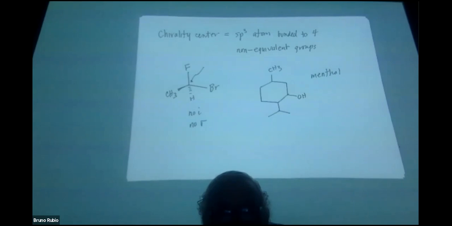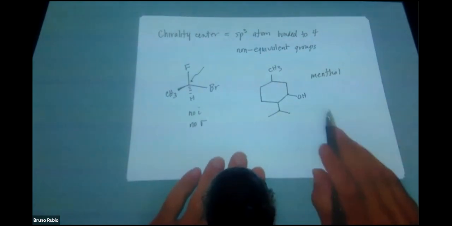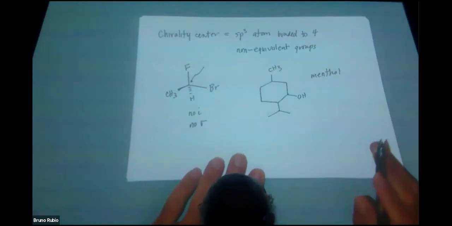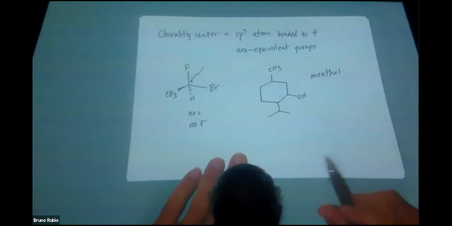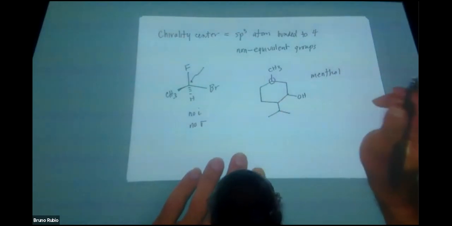Okay, so the responses are all over the place. You're looking for an sp3 hybridized atom. How many bonded to 4 non-equivalent groups? How many? There are 3 chirality centers. Okay, so let's hunt around for this molecule looking for the chirality centers. Well, the 12 o'clock carbon, that's a chirality center. This is a chirality center right here because